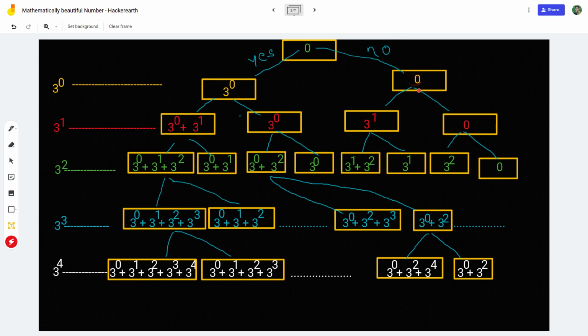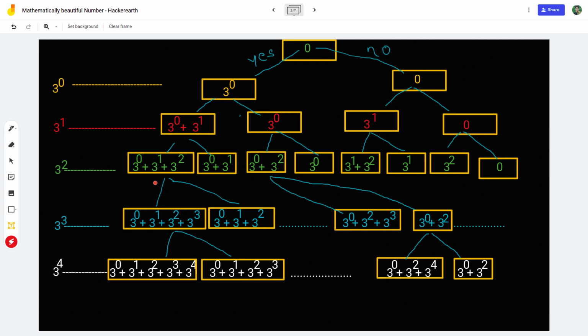Similarly for the 0 case, we can add 3 to the power 1, or go with the previous value only. You can pause and see how it goes. Again we can add 3 to the power 2, or neglect it, and similarly here. This is how we are going.